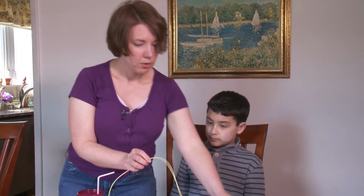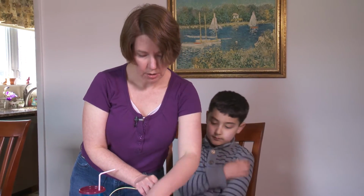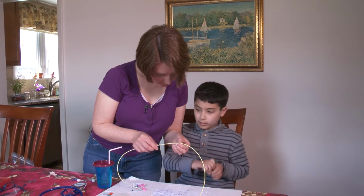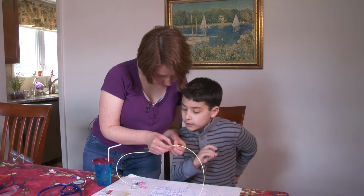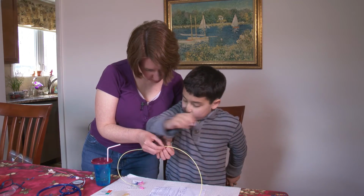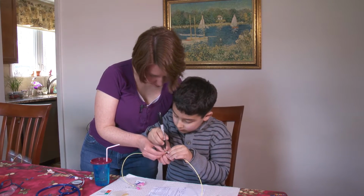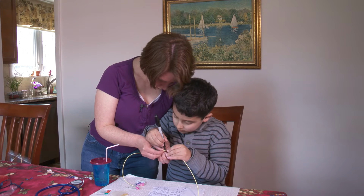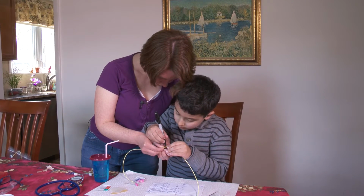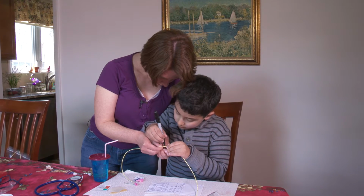All right. So Noah is going to mark it for us. So it was right here. It was right here. 50. Like just a little past 50. Okay. So Noah's going to mark it with the Sharpie, and you want to draw the line all the way around the whole tube, not just on one side of it, so that it...